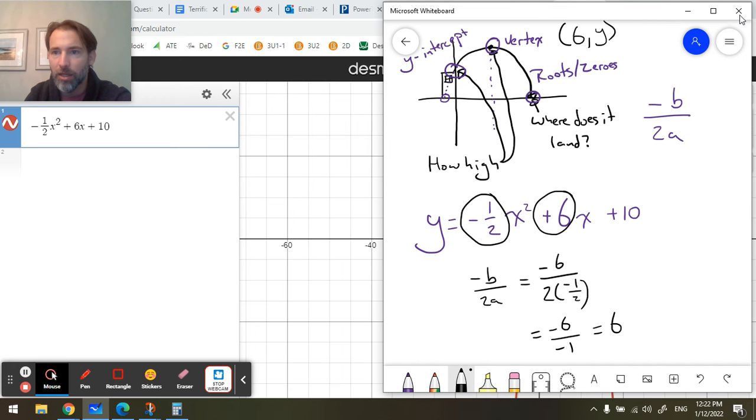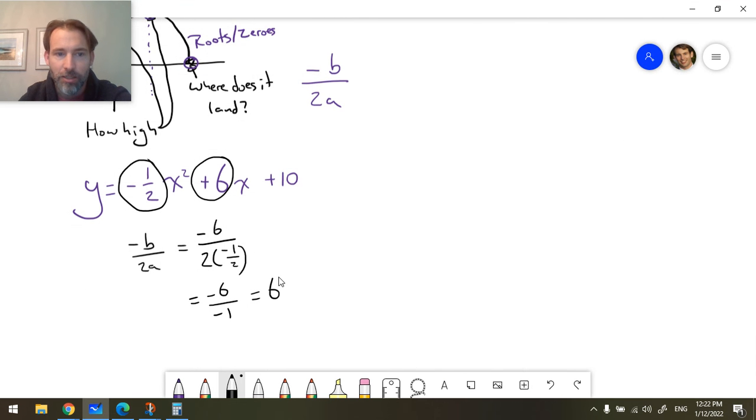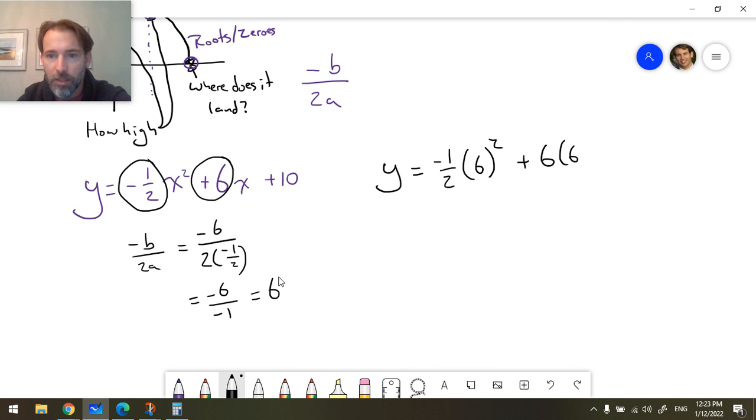Okay, so let me maximize this. And I'm going to take this value of 6 equals x, and I'm going to say y equals negative 1/2 multiplied by 6 squared plus 6 times 6